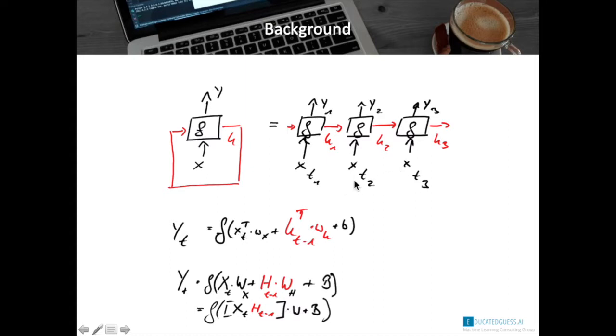So let's say we compute y at t equals 2. Then we use x at t equals 2, multiply this by some weight, and then we add in the representation h of t minus 1, also multiplied by some weight, and then we add a bias term. So f would be some activation function,